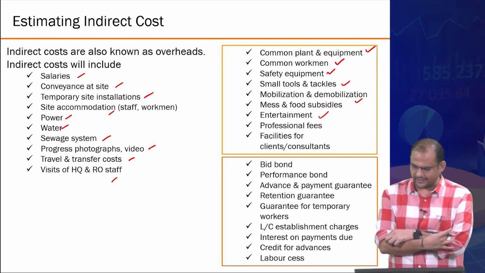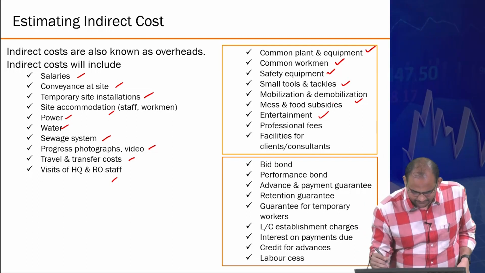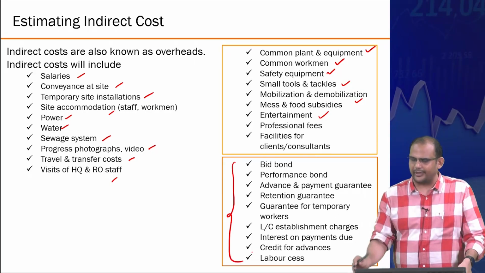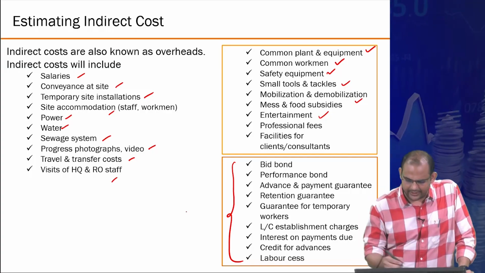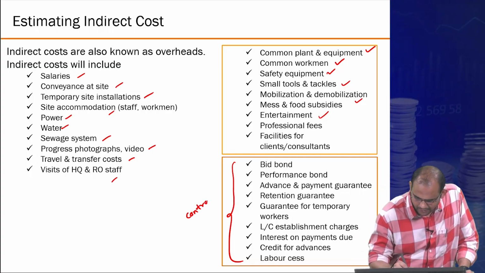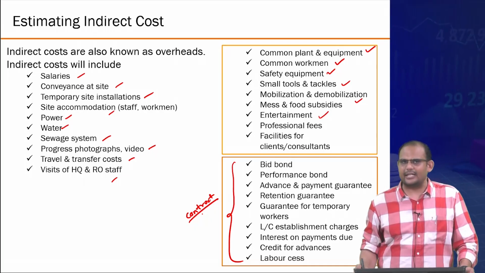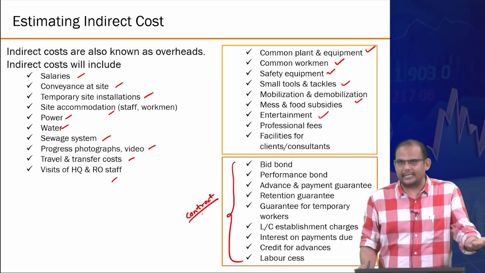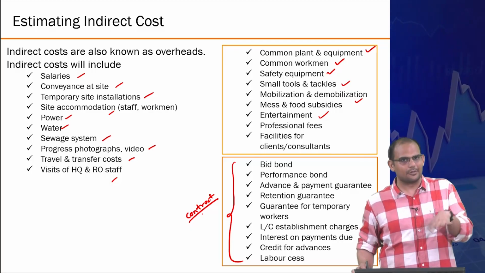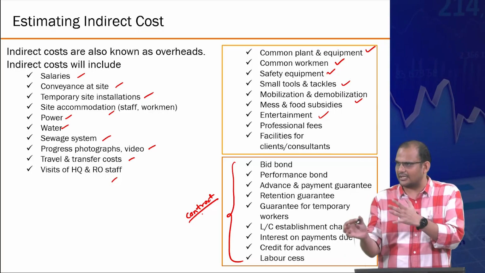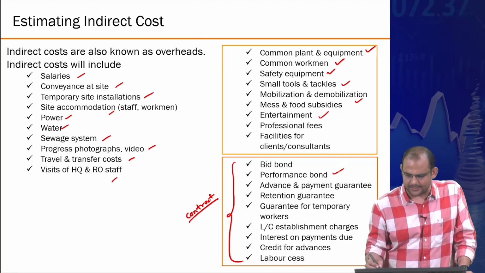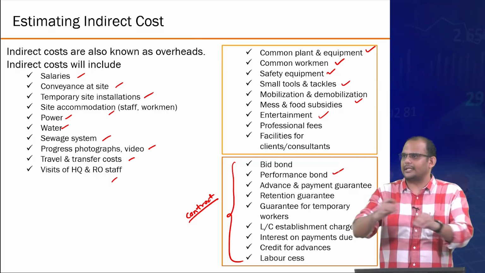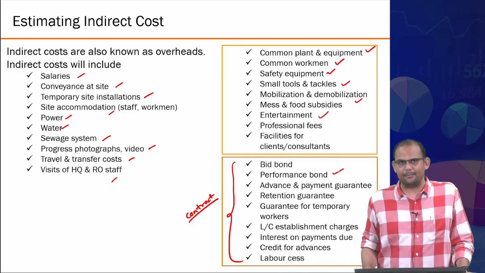So that's a part of the job. And then there are certain times the indirect cost. This is more on the contract side of it, which I'm not going into too much detail on, but essentially there is a lot of money that you may need to give to the client as a guarantee that I will do a good job, and the client wants to secure their position. It's basically risk transfer, like bid bond, performance bond, all these things, advance payment guarantee. So these you can attribute uniformly over the entire project.